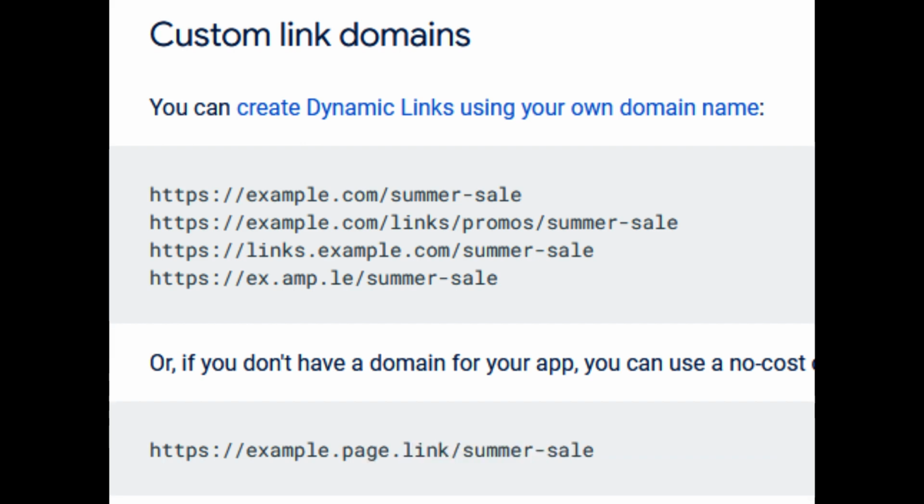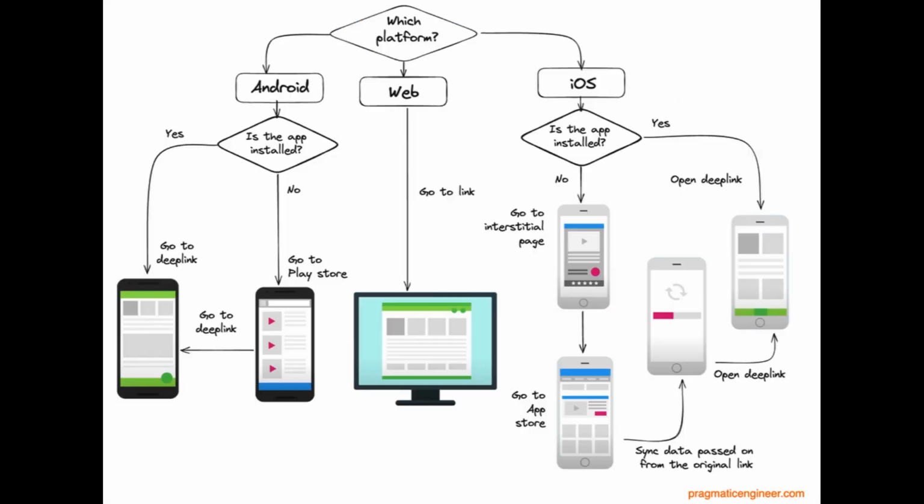If you don't know what a Firebase Dynamic Link is, its main feature is to shorten our links. By default, the generated link uses Firebase's custom domain, but we can also add our custom domain. Another outstanding feature of this product is its deep link capability. When a user clicks the shortened link, it will check whether the user has installed the app or not. It will open the deep link if it is found that the user has installed the app. Otherwise, it will ask our users to download it from the App Store and open the deep link once installed.